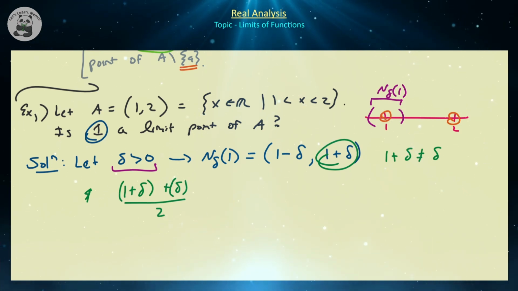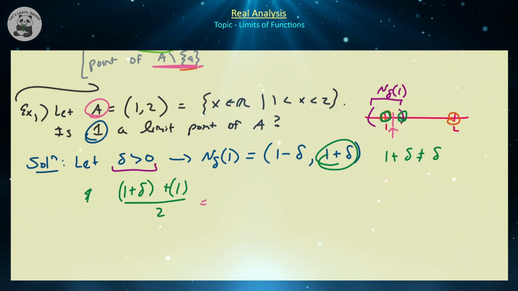So it's going to be strictly between, actually, what do I want to do? I want to do 1 plus delta and 1, right? So I'm just finding the average of this point here and this point here to get a point in between 1 and 2, which is belonging to my set A, because we just need a point in A, taking away little a. So if I do this, what do we have? That's going to be equal to (2 plus delta) over 2,